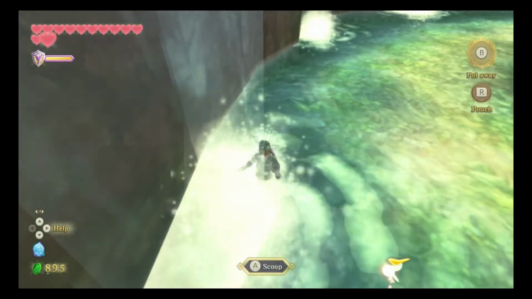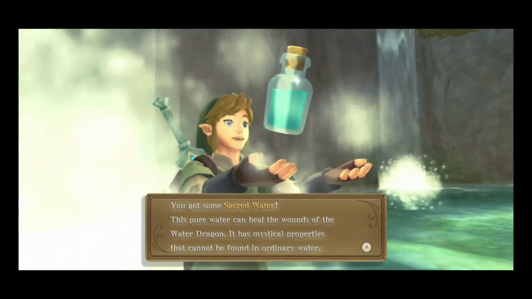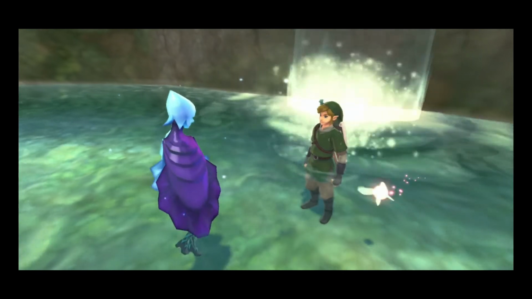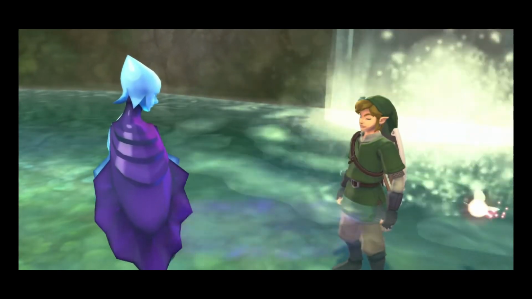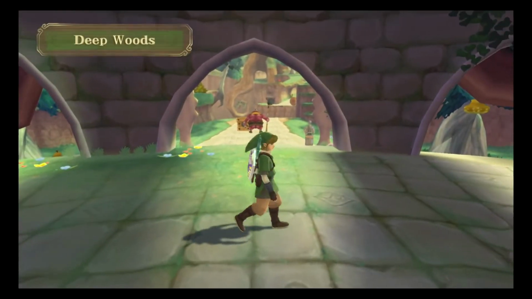But where these fairies are flying, this waterfall, I'm going to scoop up the water. And if he says you got some sacred water, you want to make sure you read that so you don't accidentally get the wrong water. But once you grab the water, it'll teleport you out of the temple. And what you want to do is just